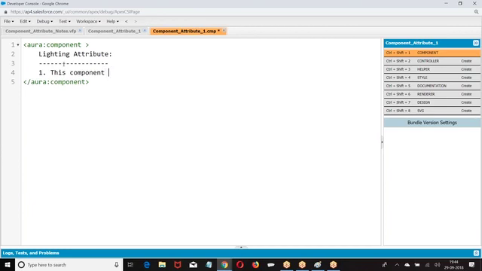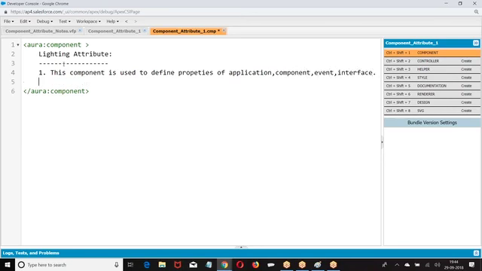This component is used to define properties of application, component, event, interface.